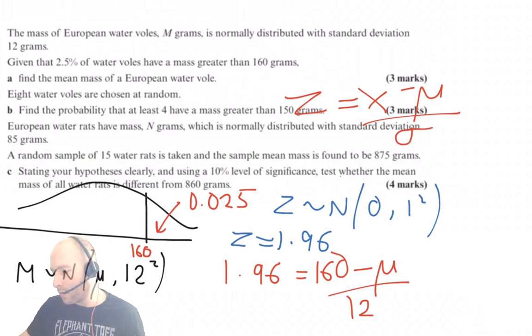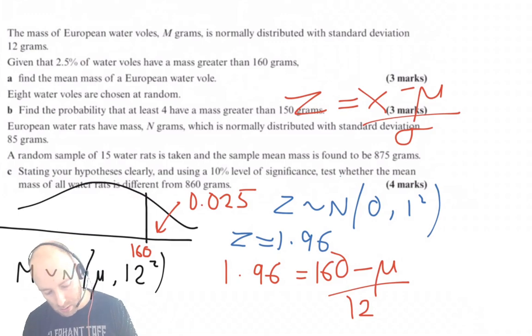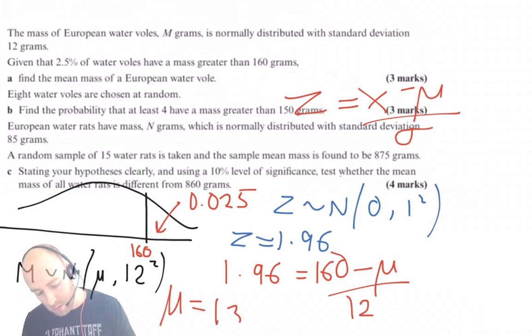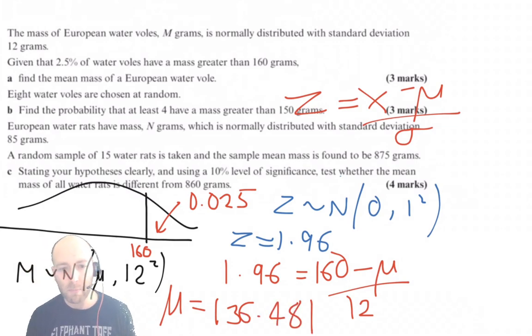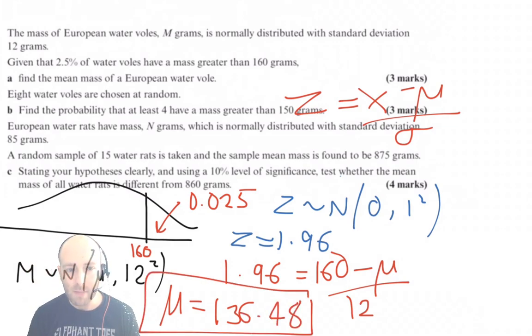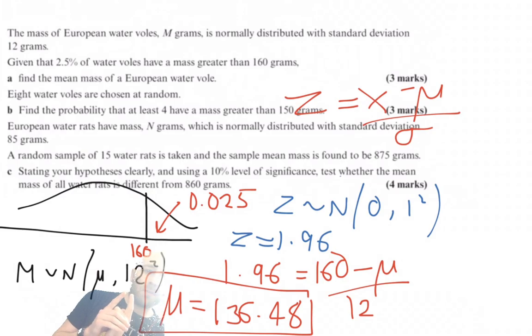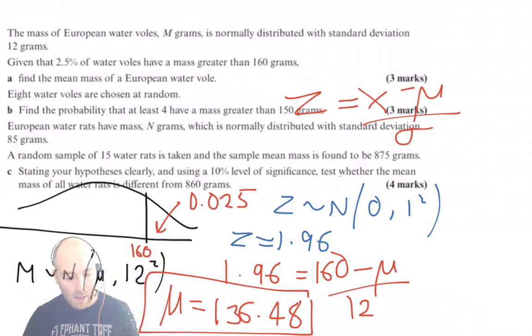So if you're solving that, you should get mu is 136.48. Cool. Anyone got any questions on that bit? So it's a standardized normal distribution. We're using it to find an unknown mean. Okay, part B then